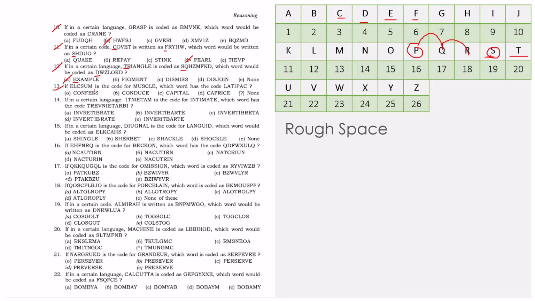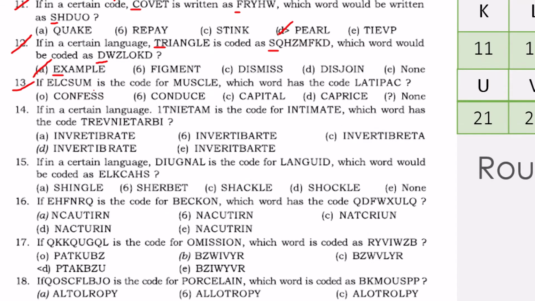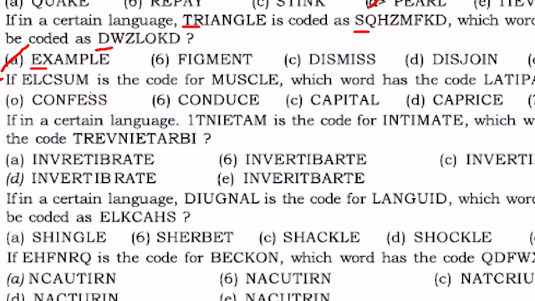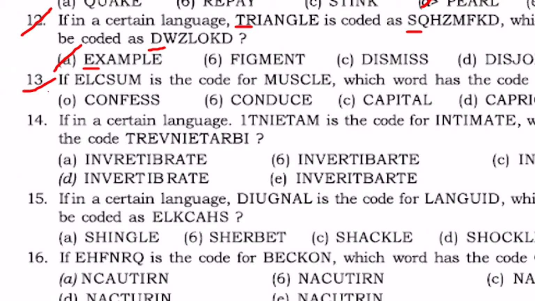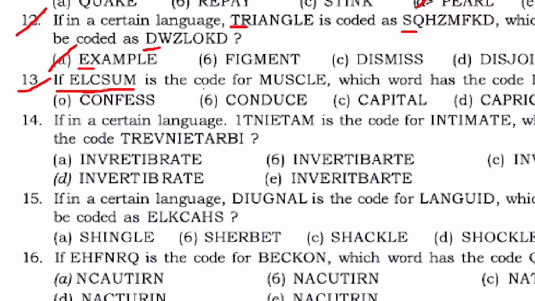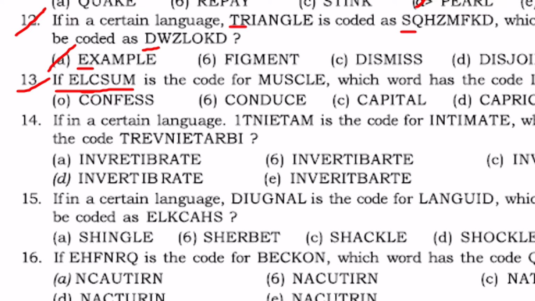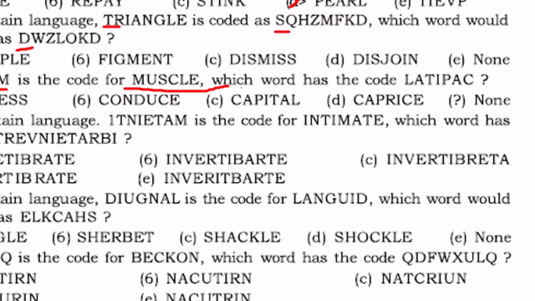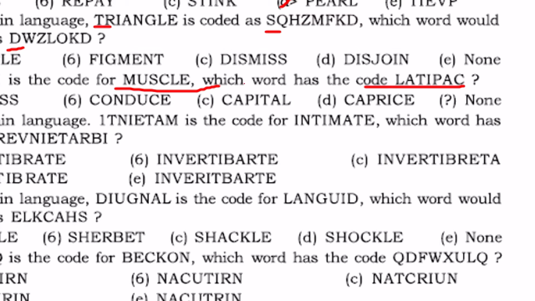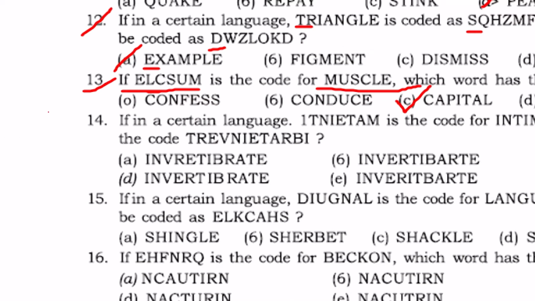So if you take a look over here, let me zoom that for you. In the previous steps I've given you some illustrations. In that, just take a brief look at the second illustration. The first half, okay, this is nowhere related to the illustrations. Forgive me. So ELCSUM and MUSCLE, just muscle is reversed, guys. That's it. Okay, up till here only. So you'll get the answer as capital. So 13th one is solved.